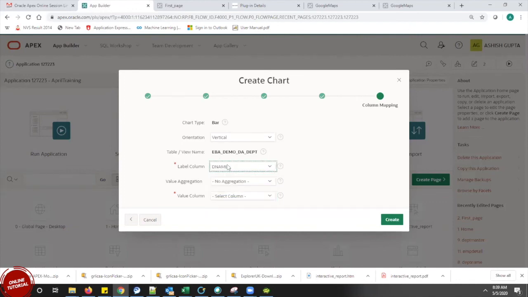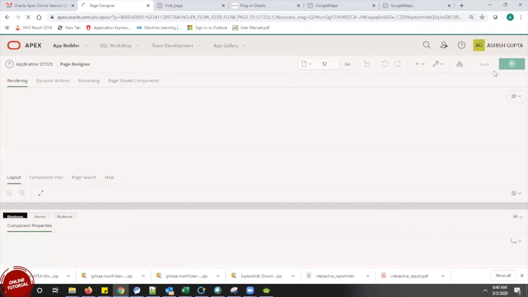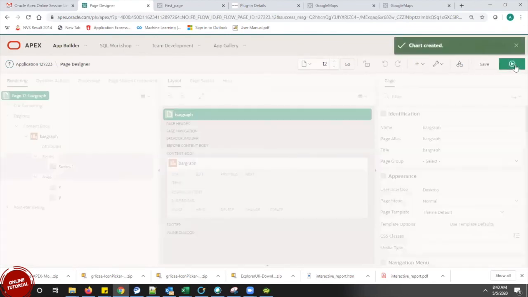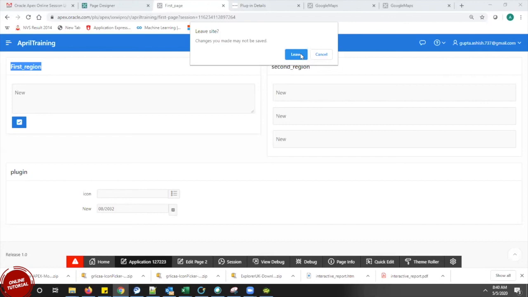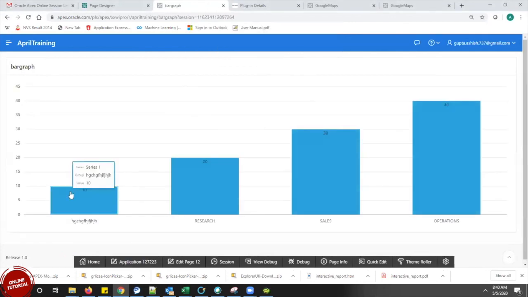For my label column, I want to go with my department name, and in the value column, I want to keep the department number. So we can see our graph something like this, where we have the department number 10, 20, 30, 40. It is just an example where I kept whatever values I had.